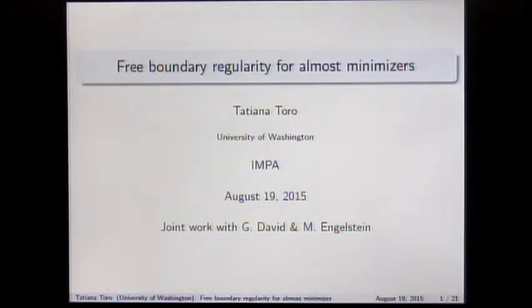To introduce the next speaker for this morning, Professor Tatiana Toro from the University of Washington at Seattle. Professor Toro has a very impressive set of results in her career. She works in geometric measure theory, free boundary problems, potential theory. There are a couple of very nice videos of her lectures on the web, like MSRI and many others, which I really encourage you to take a look at. I've learned so much from her talks.